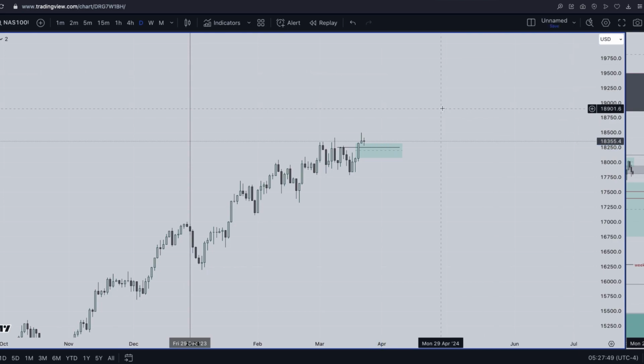You can decide to take the trade on the 1 hour with a higher risk, or you can decide to refine it even more on the 15-minute and 5-minute. But you must refine it on the 1 hour first of all. You must refine it on the 1 hour first.